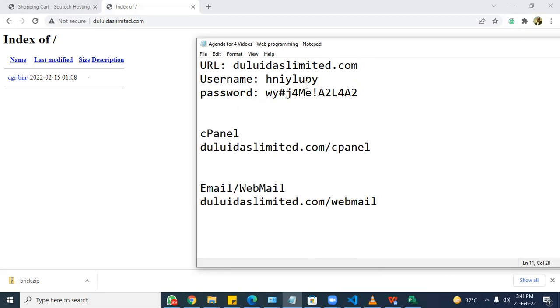Now you have something like this. So any of us, if you want to purchase a domain and hosting account, you could use South Tech Hosting, or you could contact me. You could easily set up that by yourself, or you could use any hosting service that you love. The good thing about if you use our services, of course, is that via WhatsApp, you could get support,